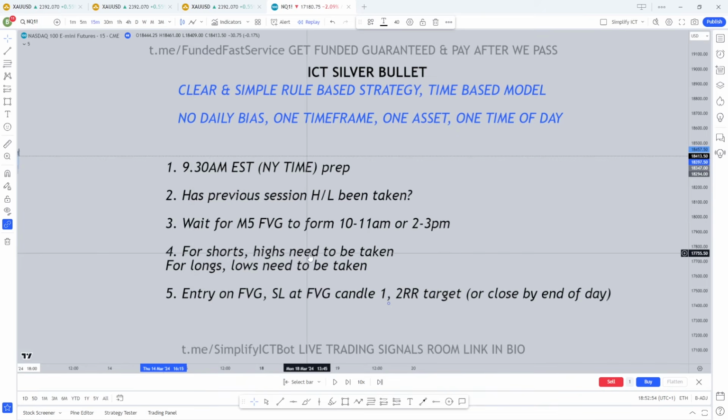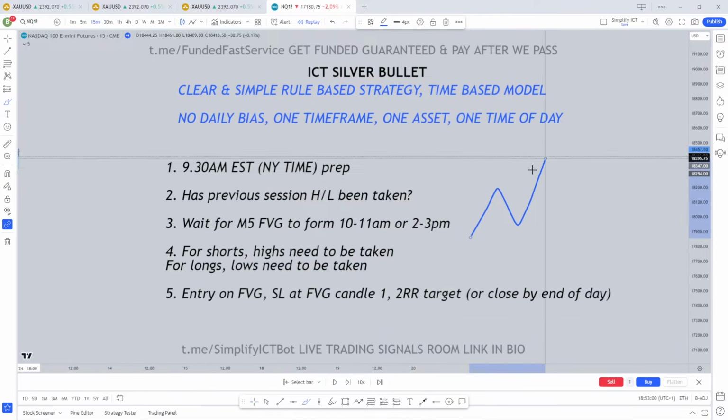For shorts, the highs need to be taken. For longs, the lows need to be taken. So quite simply, if we're looking for sells, we want to look for a high to be swept before we start looking for sells down. And if we want to look for longs, we want the lows to be swept before we look for the